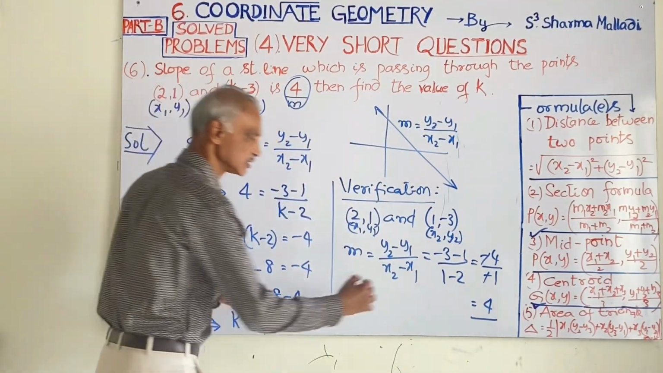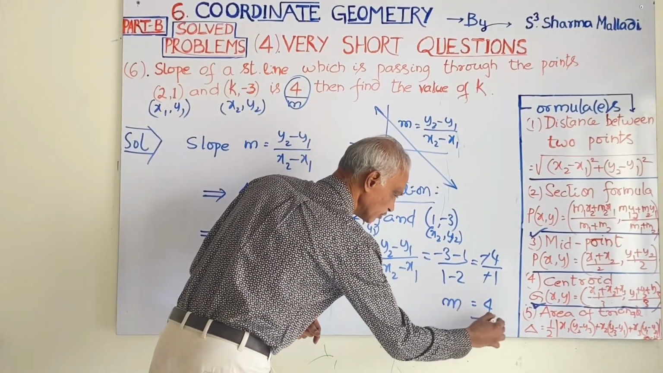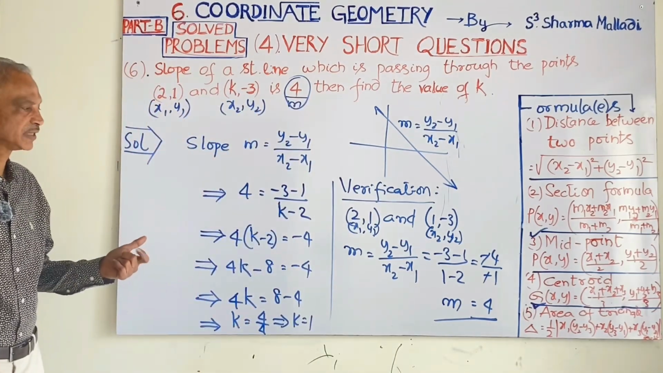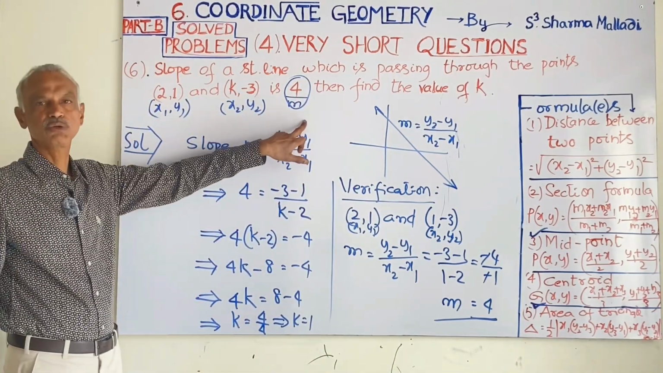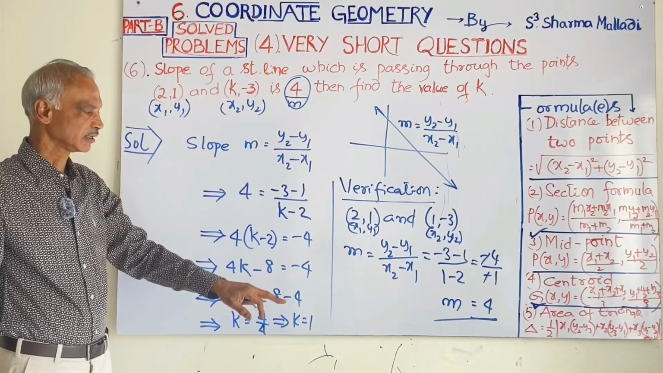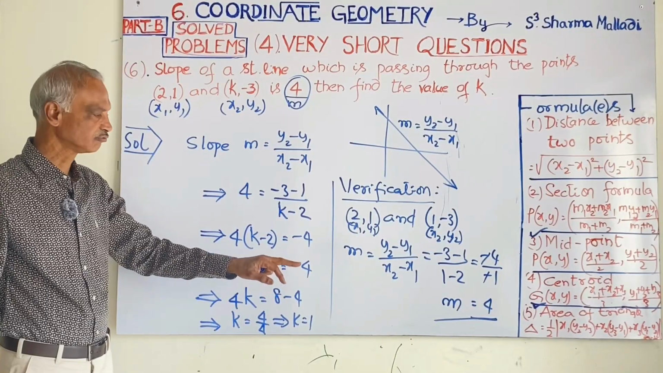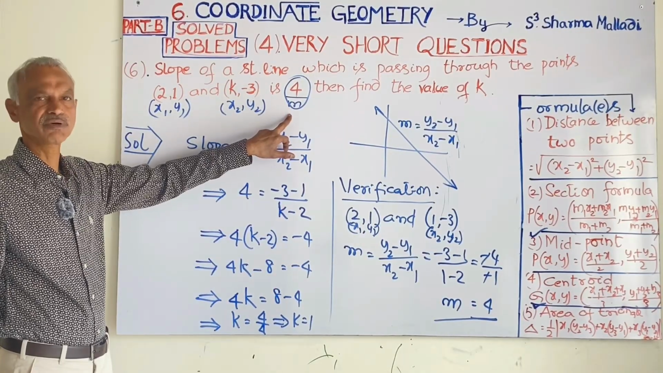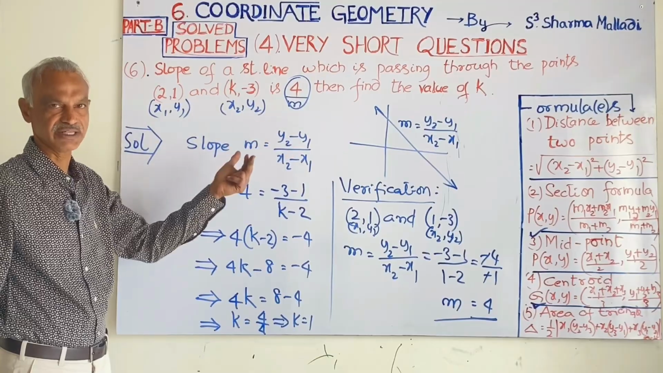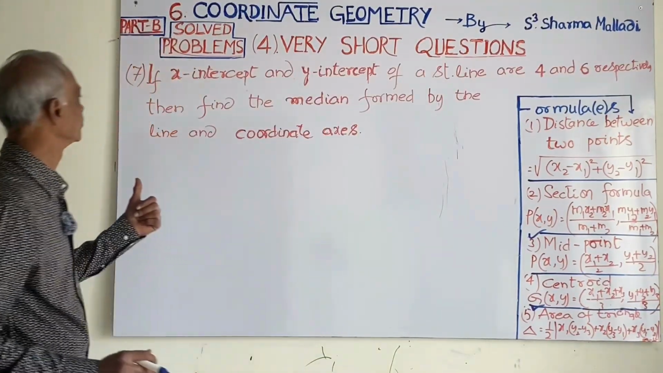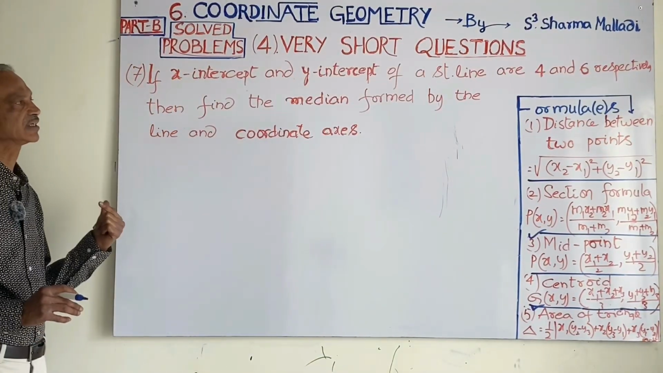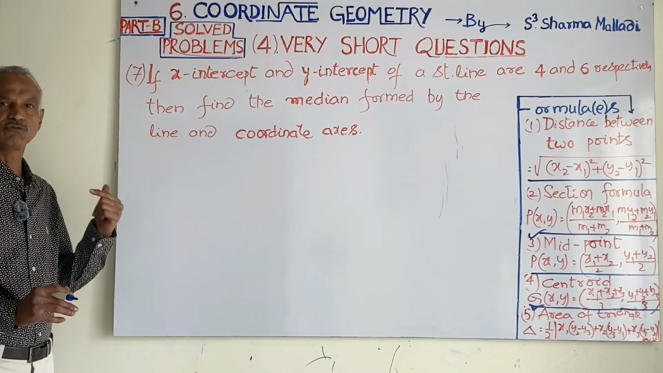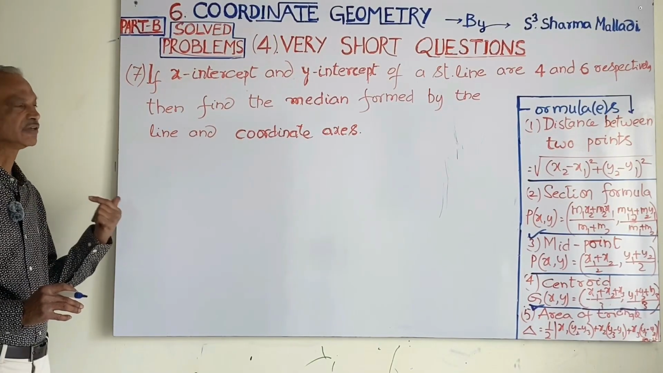What is the value of the slope? Slope is 4, as we got. What is the slope of the line? As we got, the slope of the line is 4. Verified. Now the 7th problem. If the x-intercept and y-intercept of a straight line are 4 and 6 respectively, then find the